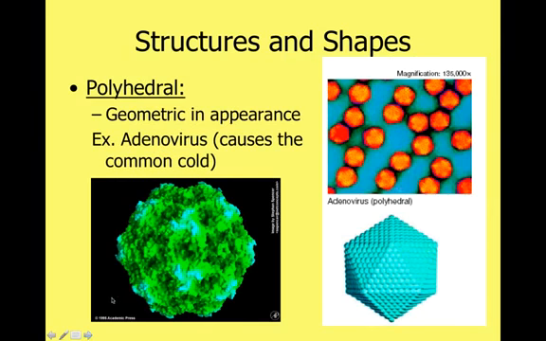All right, next one is called polyhedral. Polyhedral is geometric, meaning just that it has poly or many, hedral meaning sides. So it has many sides. It's got a weird shape, and something for this example would be called adenovirus, which is just the common cold. Moving on,